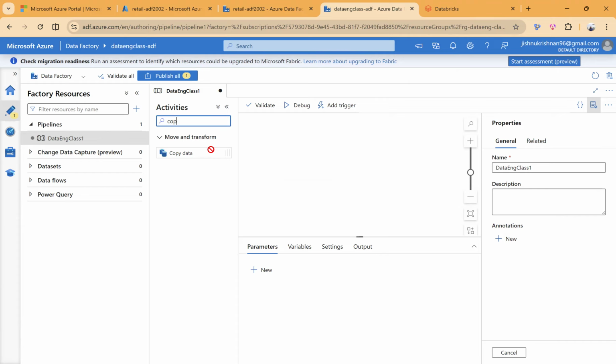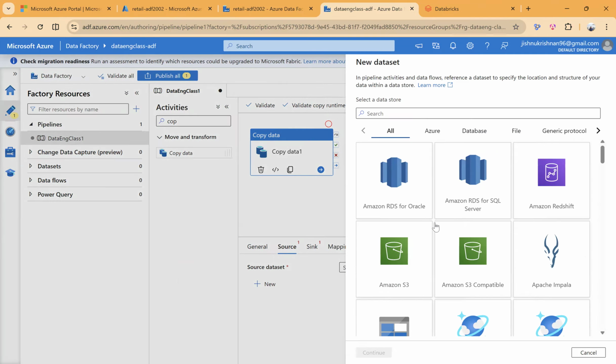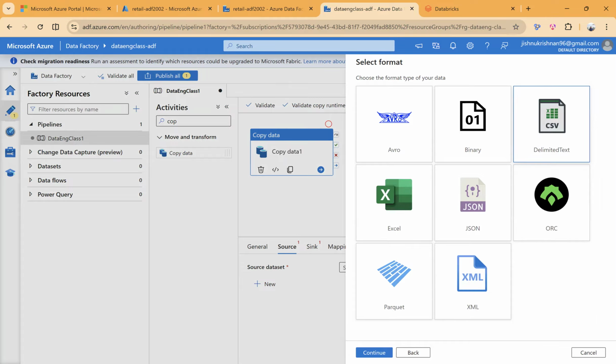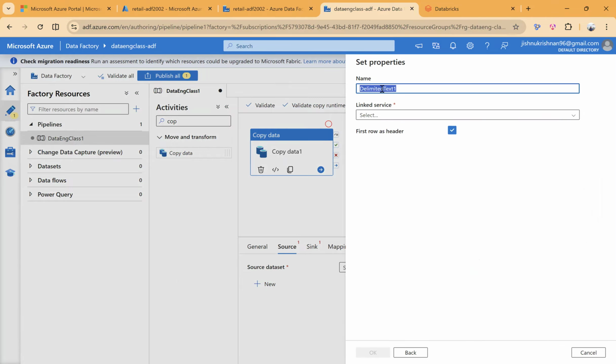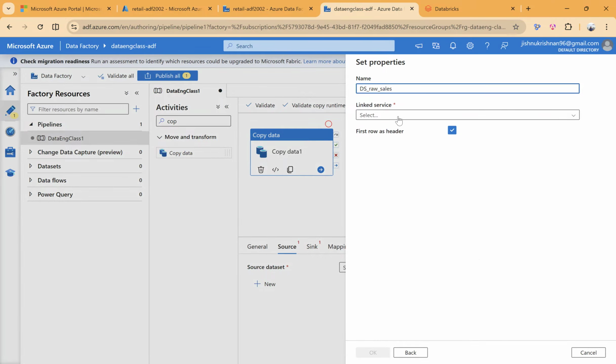Copy data source. Click on this. Gen 2, continue. So I'll give the dataset name, row underscore sales. It's a sales data. So we have to